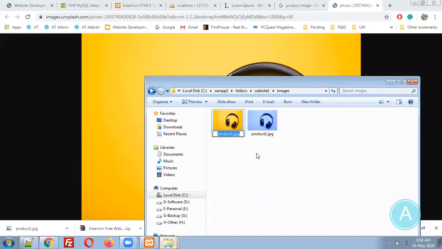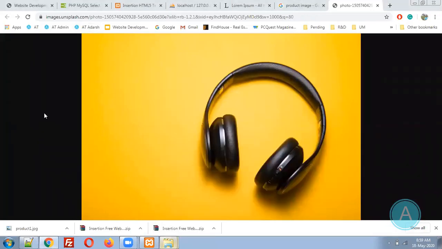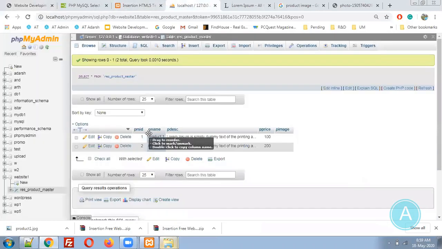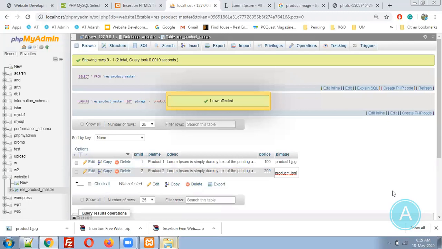Now I need to copy these image names into my database. So I am going to phpMyAdmin. I need to paste it over here, product1.jpg, here product2.jpg. Remember to give the file name in small letters. Do not give spaces. Do not add special symbols, and write the extension in small letters, because small and capital will be totally different things at server time. At local time, it will be okay. But whenever you are considering a Linux server, both will be different. So take care of everything.